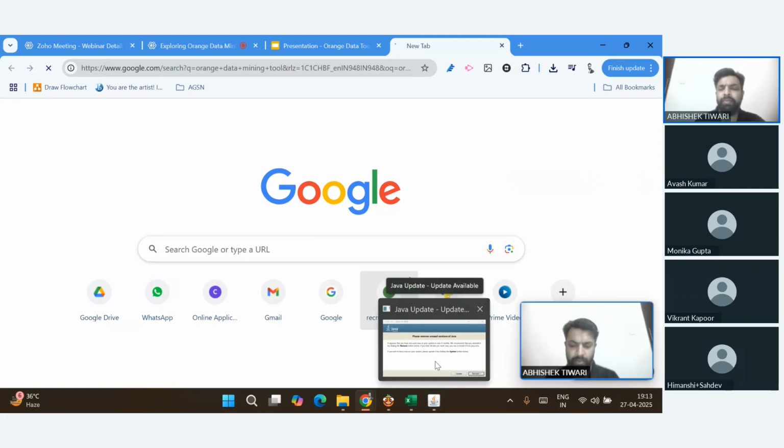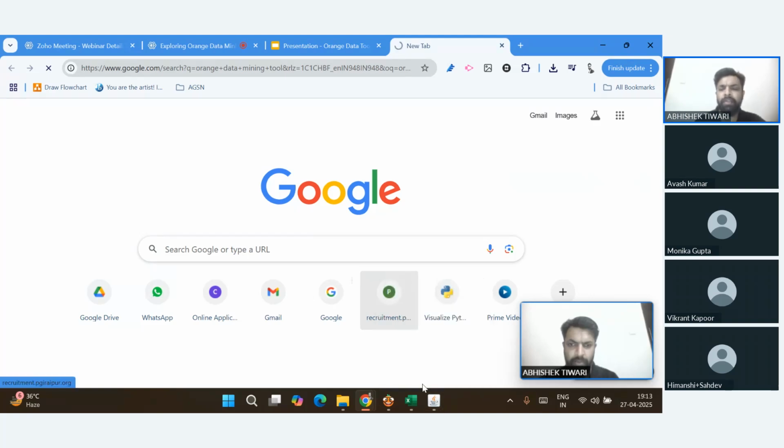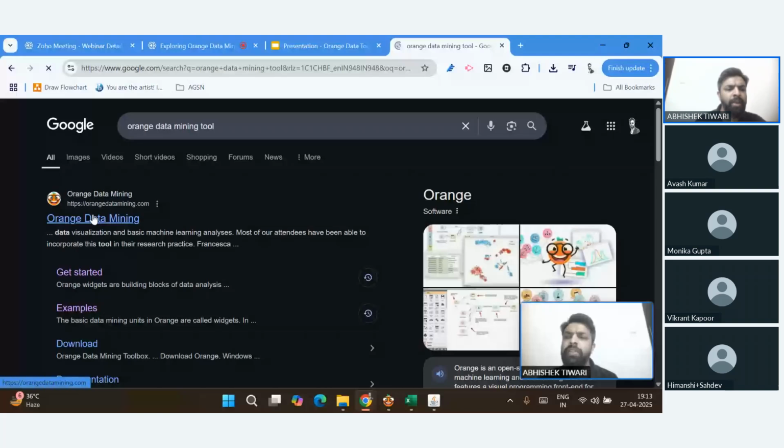Just a second, it's opening. So this is the official website, as you can see, Orange data mining, and then you have this download option directly. Either you can go here, click on this link,